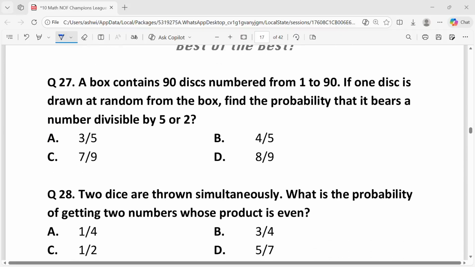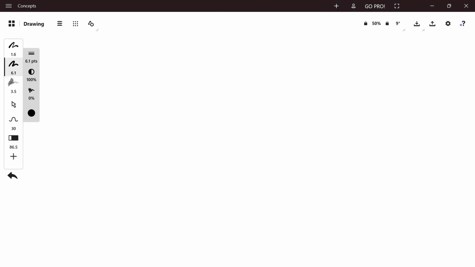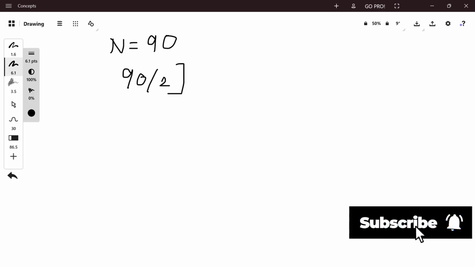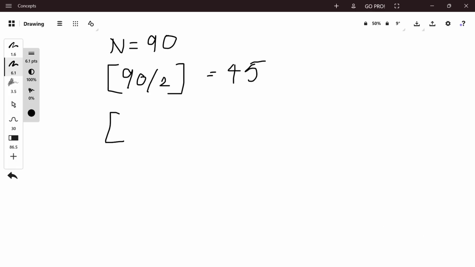Question 27. A box contains 90 discs numbered from 1 to 90. If one disc is drawn at random, find the probability it bears a number divisible by 5 or 2. The total number of discs is n = 90. The numbers divisible by 2 are 90 by 2, which is equal to 45, and the numbers divisible by 5 are 90 divided by 5, which